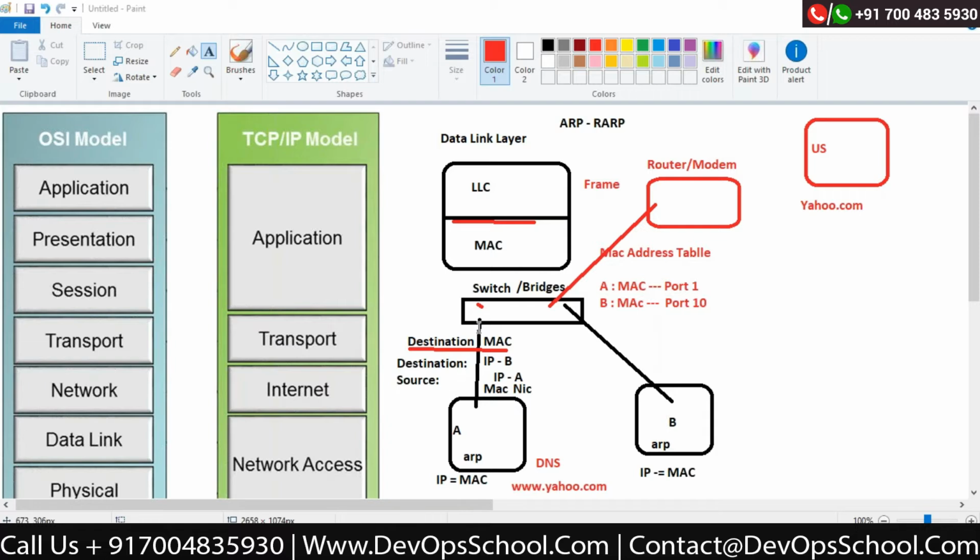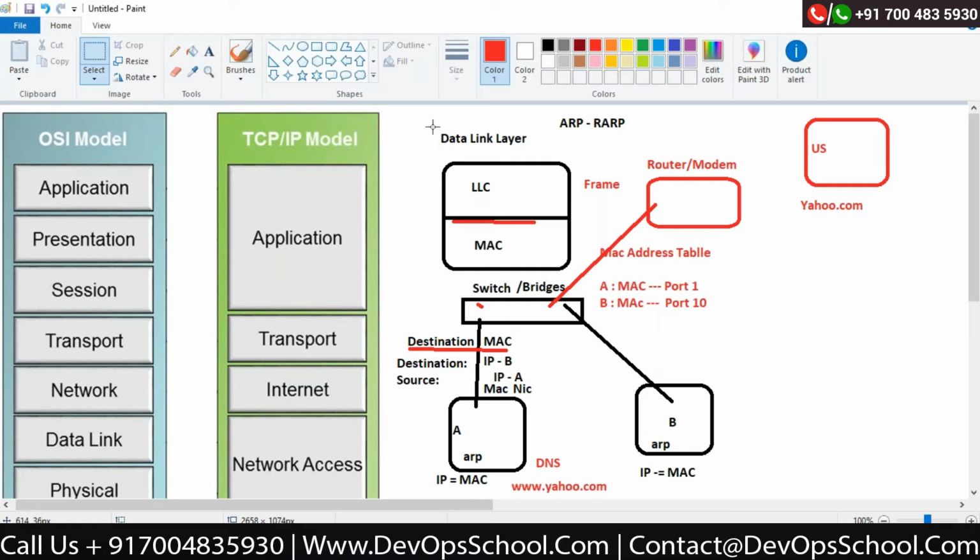It's not a router. Correct? So this is the functionality they want to implement in the layer called data link, and that's why this device is implemented. Correct? The next layer is called network.